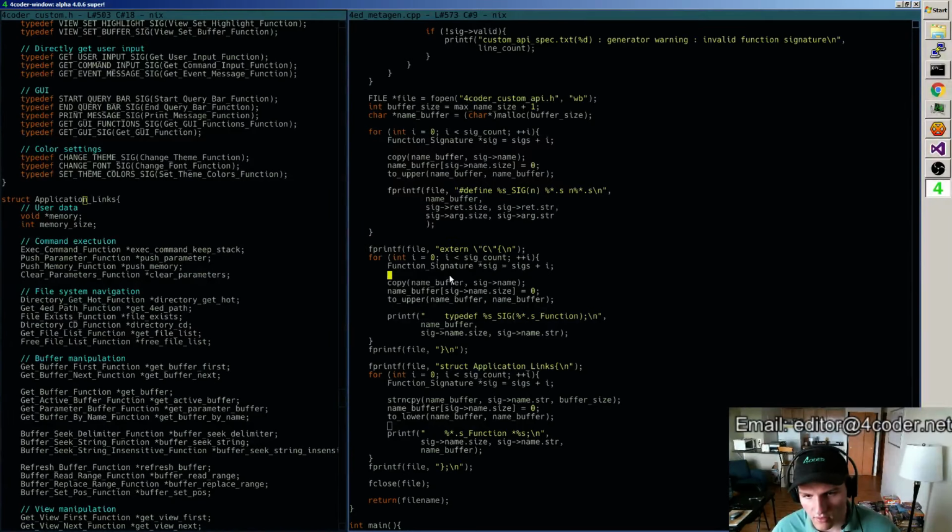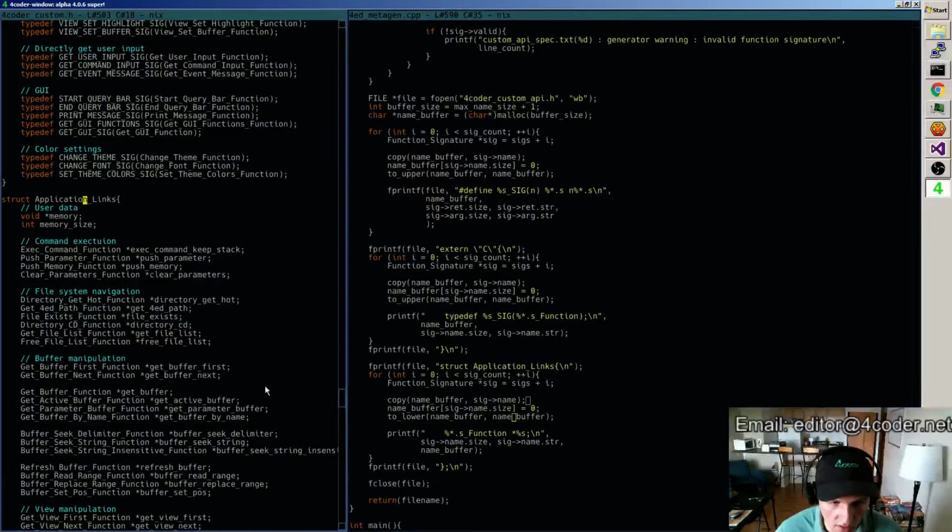parameters. Then we do the same thing again, only now we're under an extern C, and we typedef. The name of the function, or the %s there, is the toupper version again, and then the star.s is the regular unmodified name, and then a function there. And then we use the unmodified function name here along with name buffer, which came from, that's a strncpy still. I want to switch that over to a copy. And then name buffer gets null terminated again, and we tolower it this time so that it matches this precedent that I have over here.